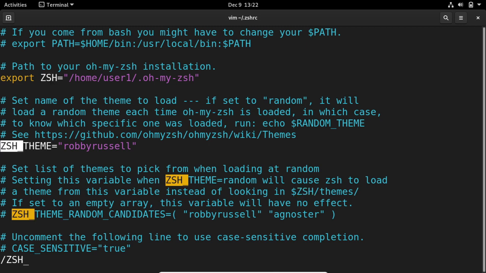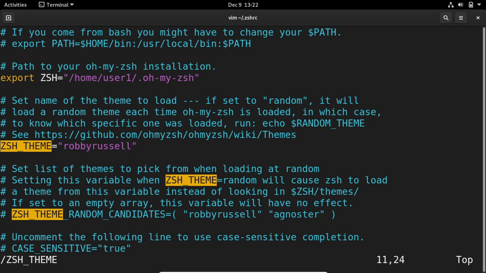I need to find this. It's now showing me that there are 3 places where ZSH theme is available, and I know where I need to change that. So it's just this. Press enter, and you are in the first